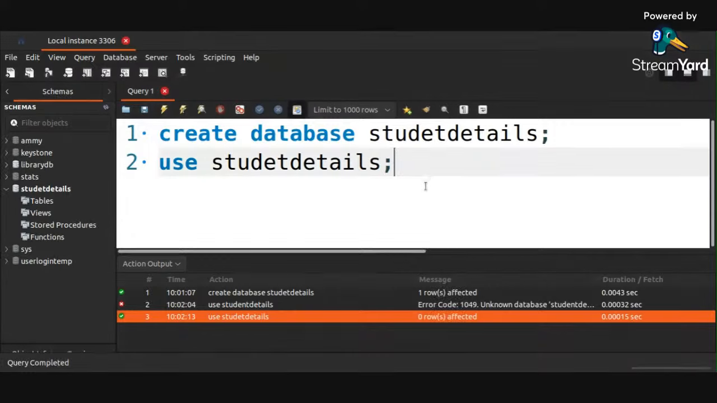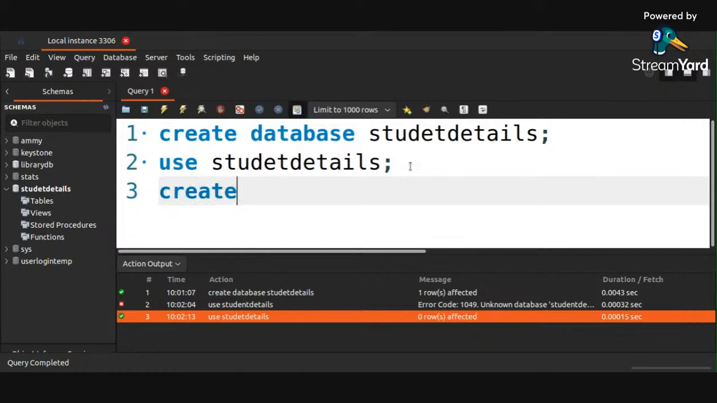Okay. So now the database is done. Now what we are going to do is create a table. So you are going to give me instruction to do it. So create table followed by table name. I'm going to create a table named student. So for the student, what are the things we are going to do? We are going to have